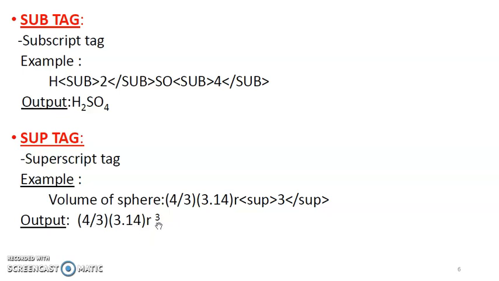R raised to 3 means what? The number mentioned between the sup tag is displayed, that is R raised to 3. So it will be displayed on the top of the line. Okay, this is the difference between sub tag and sup tag. These both tags are used in chemical equations, or either in physics, chemistry, or mathematics. Okay, now